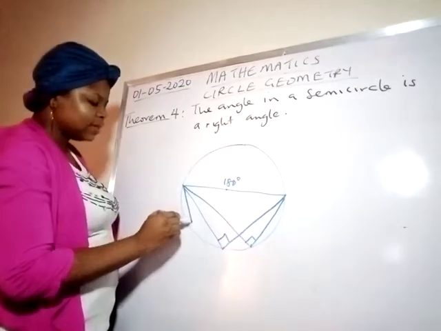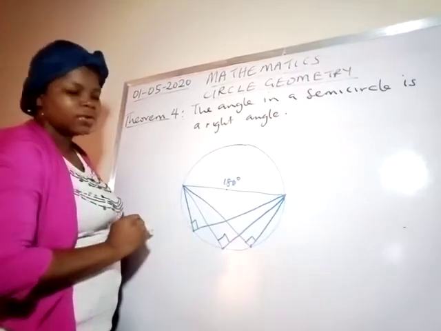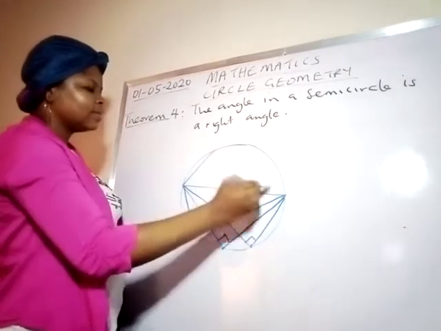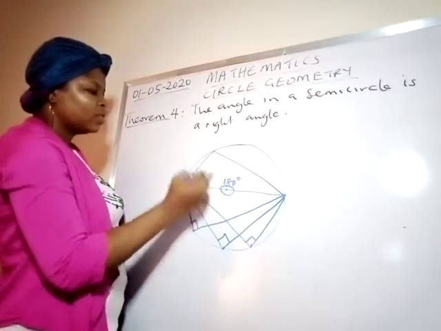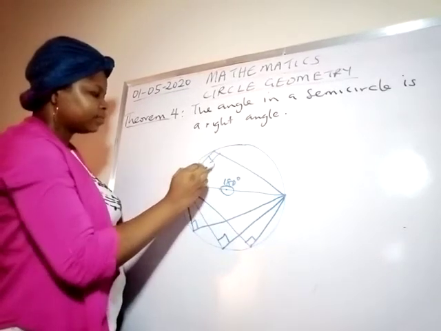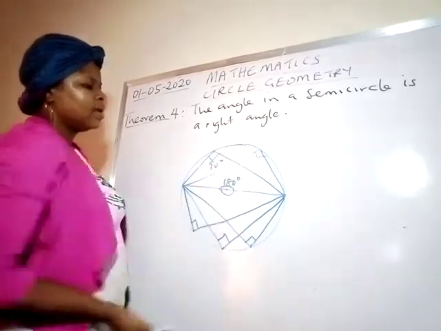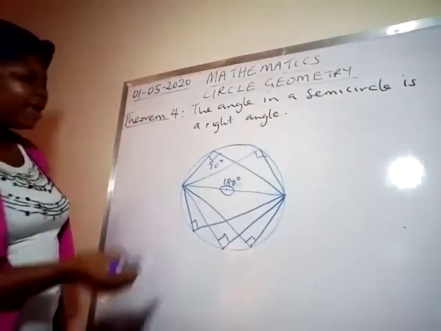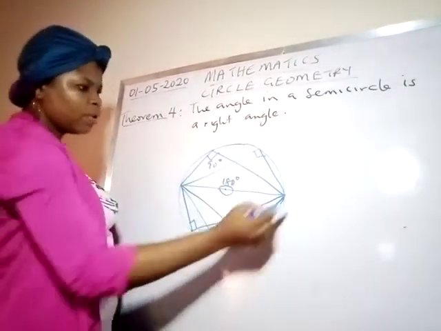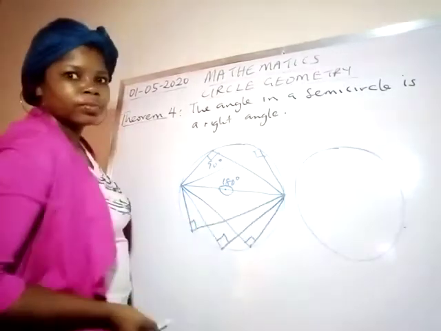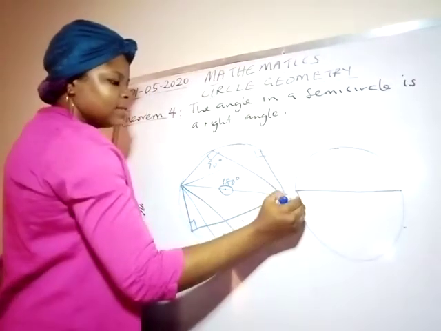If I extend it here, so far it's coming from the same arc, this is 90 degrees. If I extend it like this, don't forget, because we have 180, so this is 90 degrees. This is 90 degrees. So you can see that I can have another circle that is not coming from this arc, and this is 90 degrees,